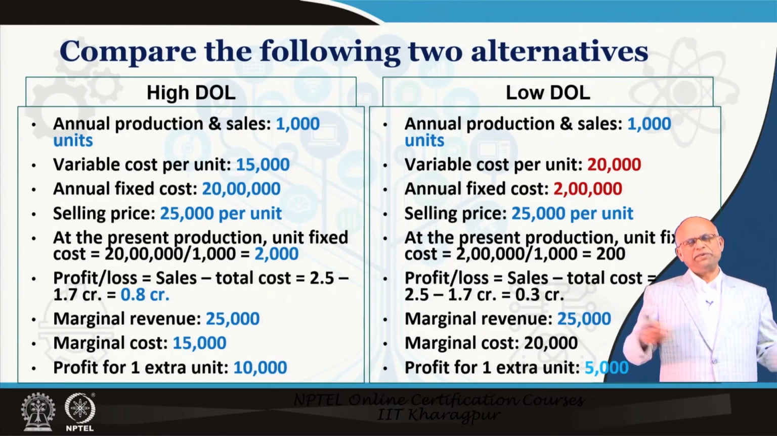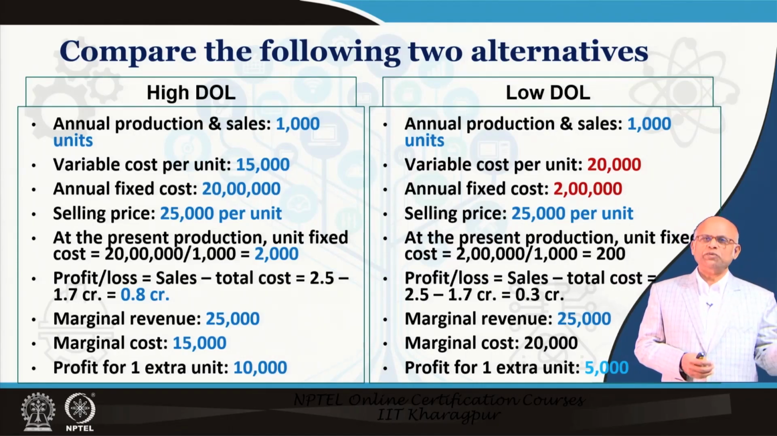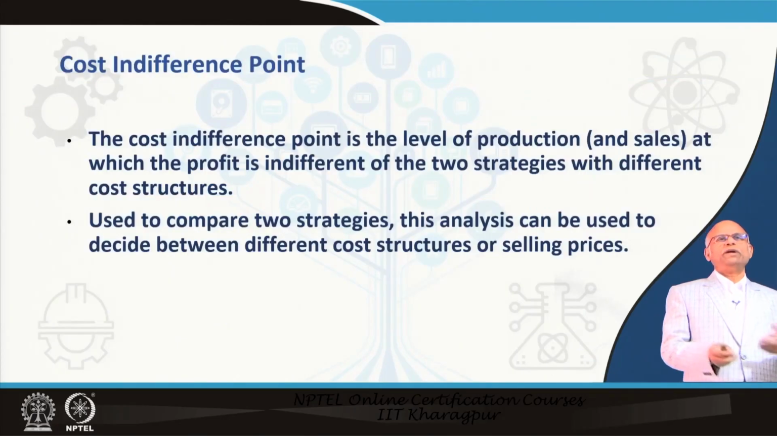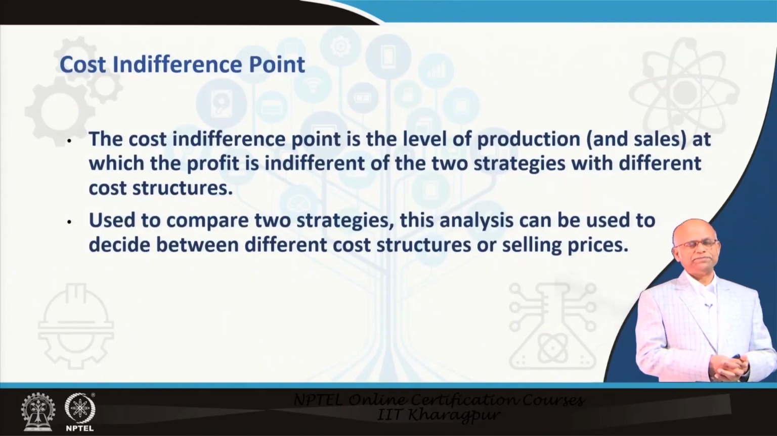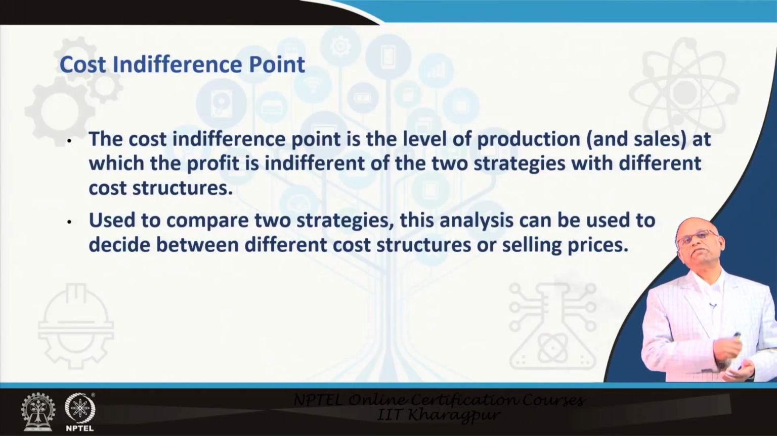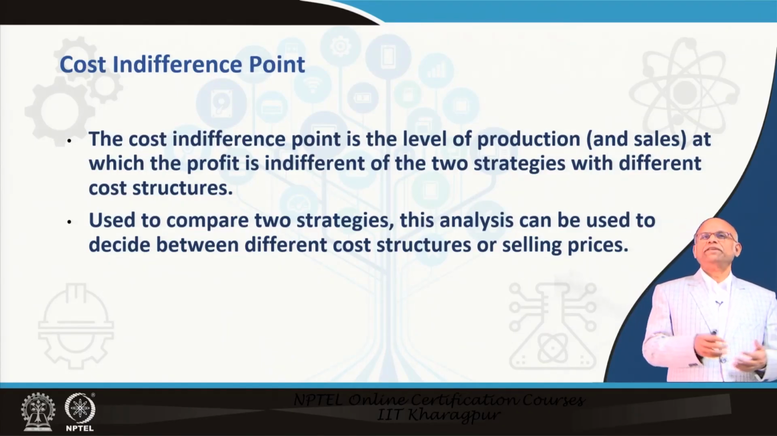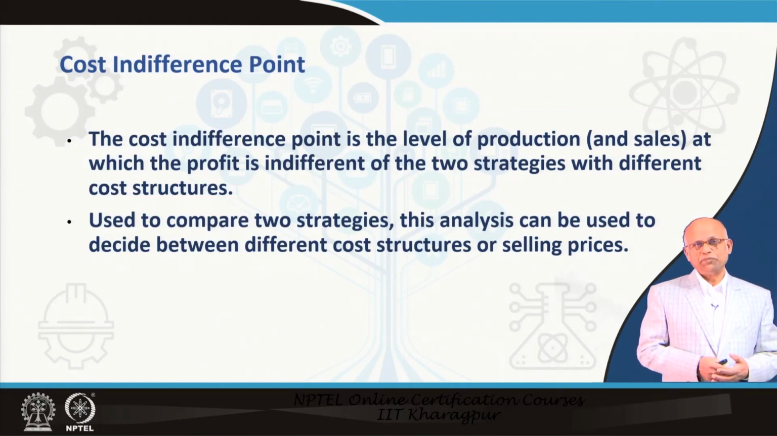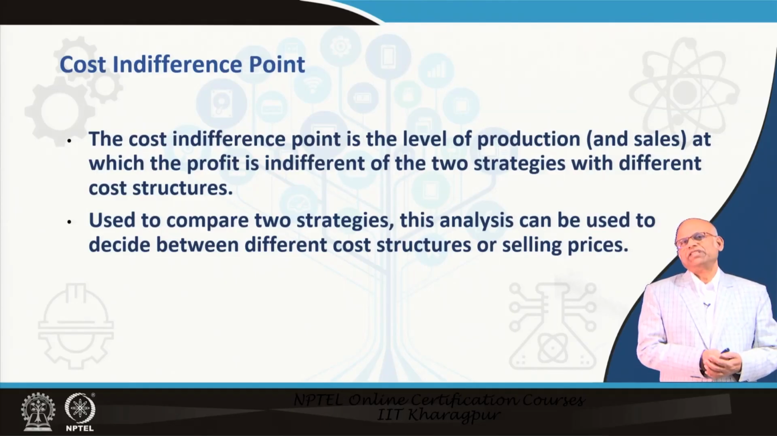Now, it will pretty much depend on the market condition, whether the market can absorb 1000 units or not. This is a presumption that we have already made, that we manufacture and sell only 1000 units. There is another concept, I will just finish with this: the cost indifference point. Cost indifference point is the level of production and sales at which the profit is indifferent to the two strategies